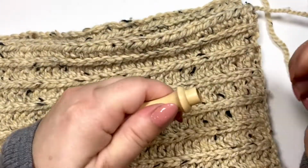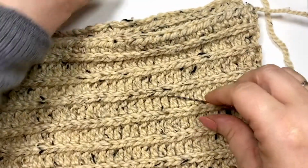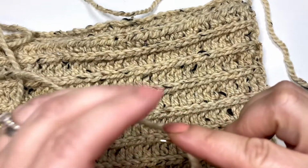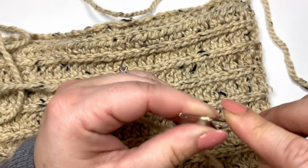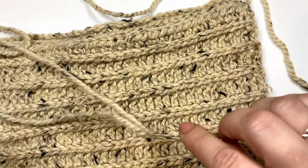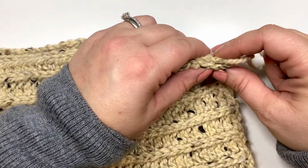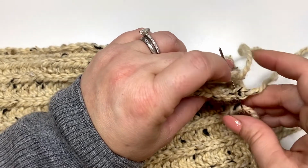So we'll just grab our yarn needle and thread that long tail through. And if you are going to do the whip stitch instead of the slip stitching across, it is good to leave a nice long tail. So we will just bring our ends together and insert your needle through both sides